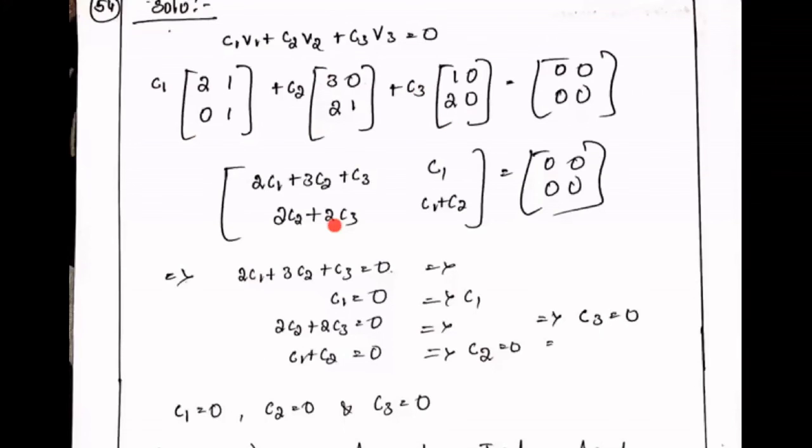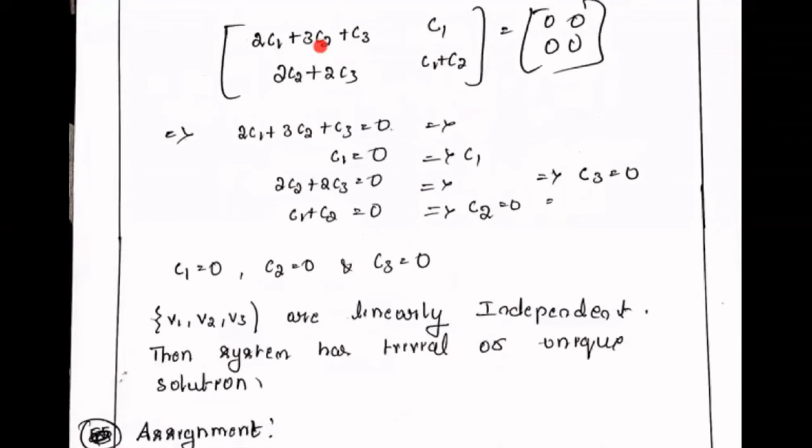And again, in this element, C1 is there, so that I discussed. What about this one? C1 is there, C2 is there, C3 is not there. So 1 times C1 plus 1 times C2 is C1 plus C2. This will be 0. Now left hand side equals right hand side. Equate all these things; this position you have 0, this position you have 0. Equate that. C2 plus C3 is equal to 0. This is the first equation you get. Then from this position, what you get is C1 is equal to 0.